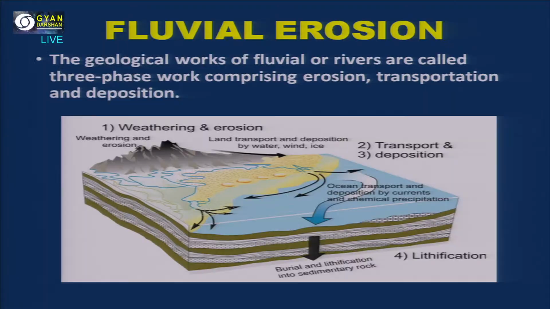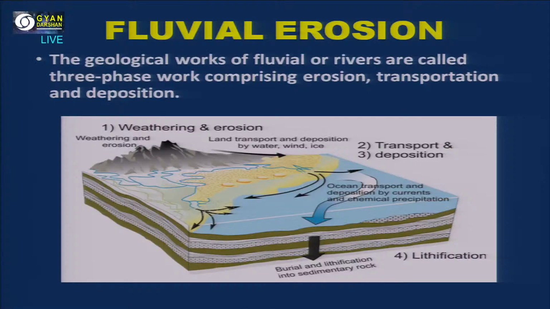Coming to the next slide, if we discuss fluvial erosion, here you can see in this block diagram that the fluvial or river geological work is done in three phases, which comprise erosion, transportation and deposition mainly. In this block diagram, the first stage is weathering and erosion, which occurs